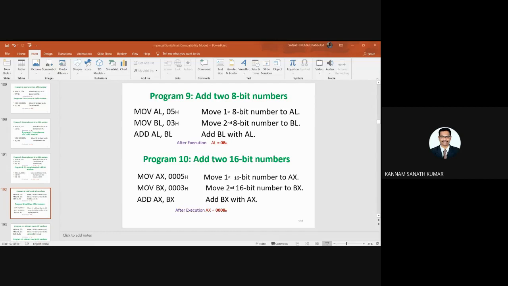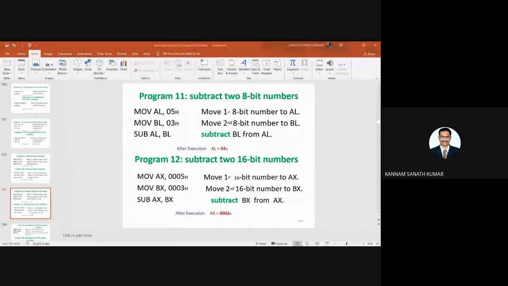So what you are doing is adding the content of AX and the content of BX, and the result will be stored back to AX. So that means 0005H plus 0003H, you are getting the result as 0008H. That result you are getting in AX. So that is adding 16-bit numbers.